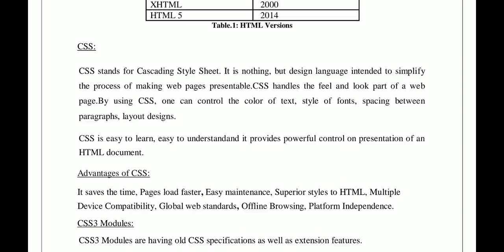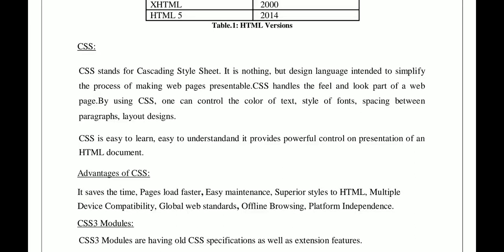By using CSS, you can control the color of text, style the fonts, set spacing between paragraphs or layout designs, and it is so much easier than other languages because it is easy to learn, easy to understand, and it also provides powerful control on presentation